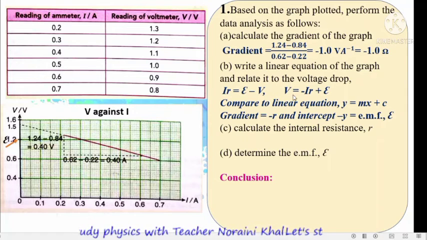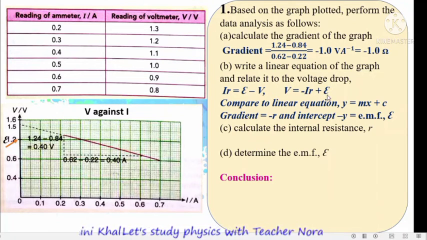Okay, the formula used, we can compare it to the linear equation y equals mx plus c. Based on this graph, y is V, x is I. Okay, now we can have this relationship. The gradient equals negative R. The y-intercept equals EMF. Because in this case the y-axis is V and the x-axis is I, so the gradient is negative R and